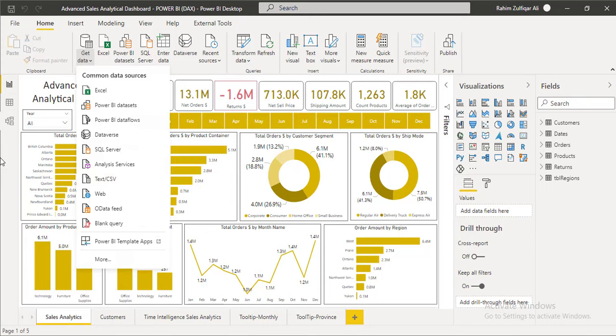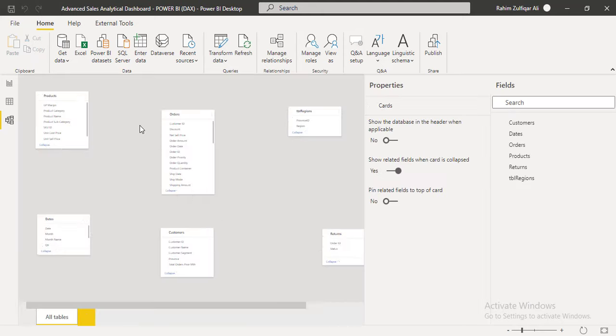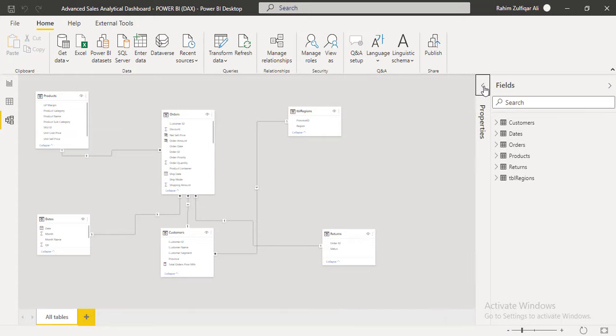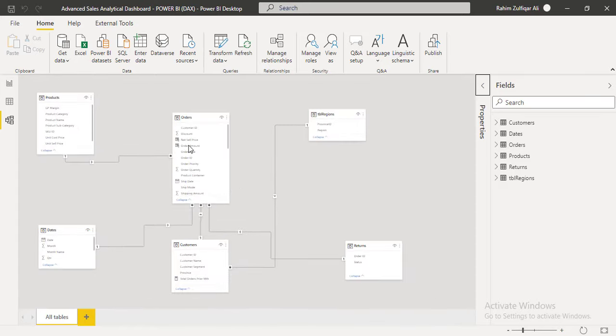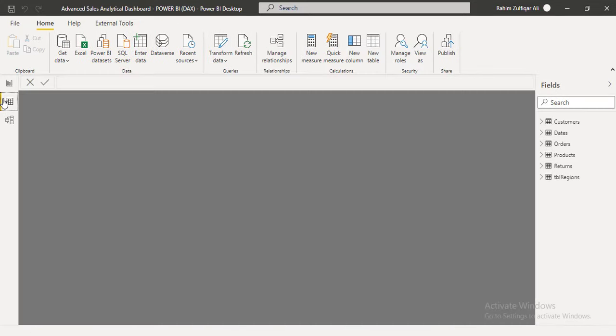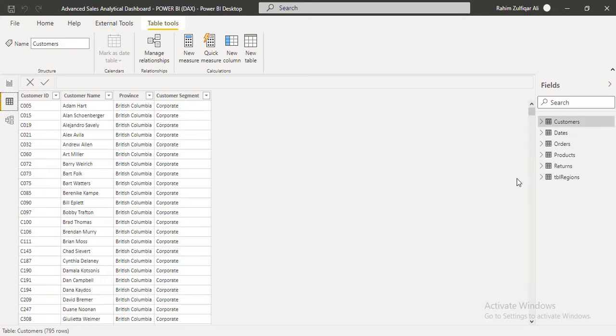After importing all those tables, if I go to the data model view, and if you are an intermediate user of Power BI and use it at your workplace, you will easily understand this is called the star schema, where you have the fact table and dimension tables, and these tables are connected with a one to many relationship. This is primarily a star schema you will find in most Power BI templates as well. And in the data view, I have done some calculations as well.